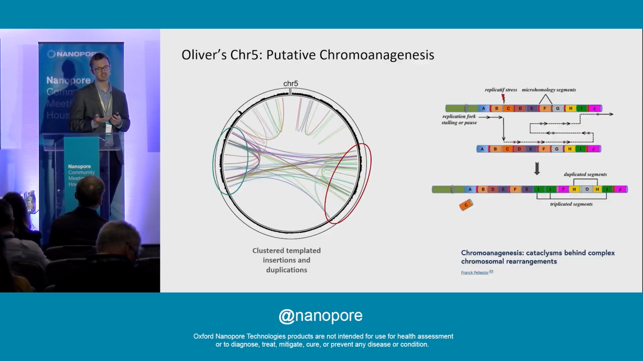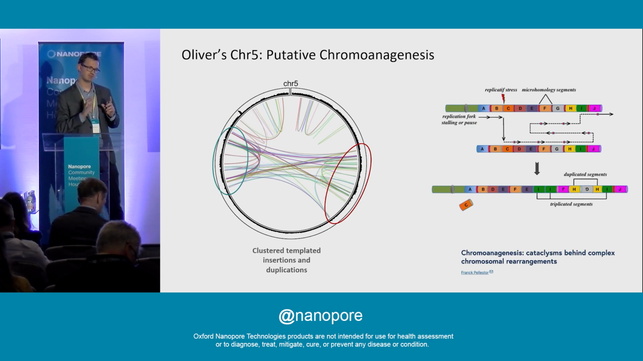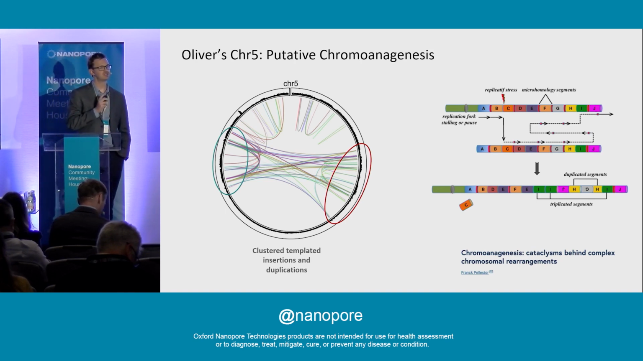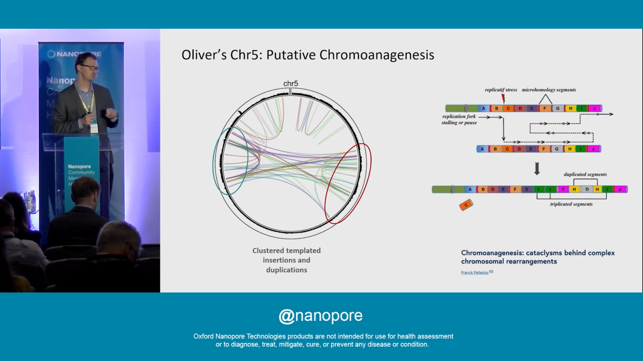But we also have a chance to look in fine detail at some of the most complex events that are going on. So this is an example of Oliver's chromosome 5. And you can see the circus plot that shows the pairwise rearrangements that we see, and they're clustered. Those are actually mostly templated insertions and duplications. So what we think might be happening here are signatures of something called chromoanagenesis,